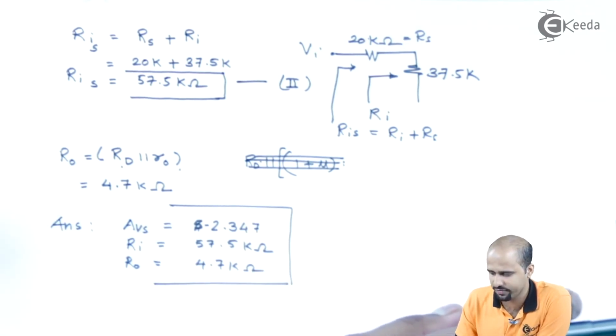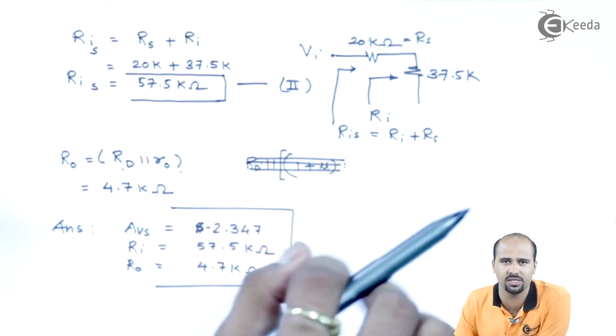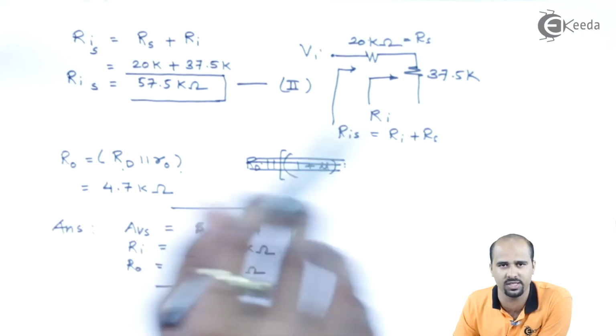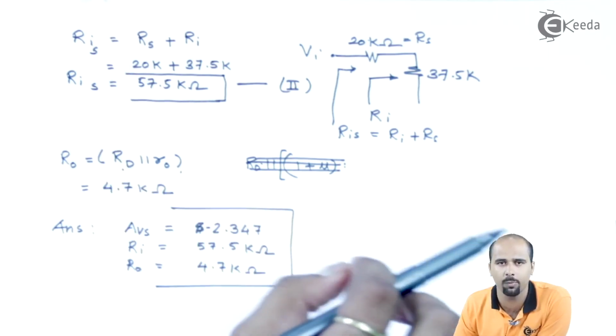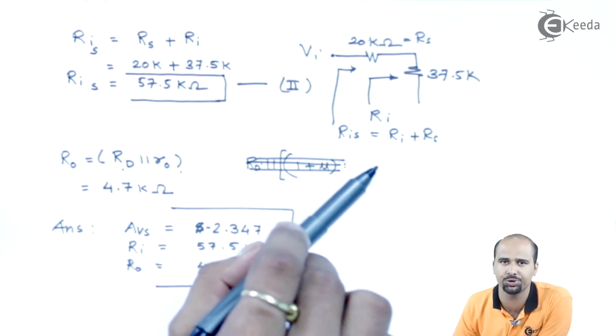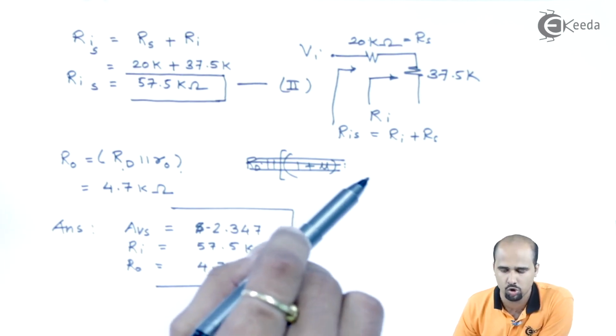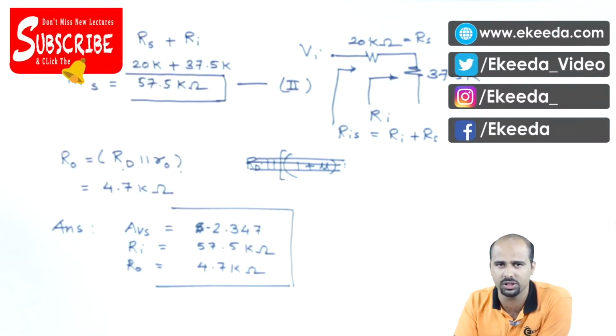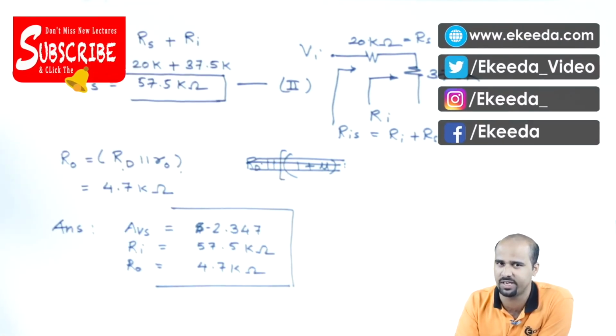So till now we have discussed the partially bypassed circuit, where we have to incorporate a different value of Rs for DC as well as AC analysis, depending on which resistance is connected in parallel to the capacitor. In the next few videos we will learn more different examples of AC analysis of MOSFET, whether it is CG or CD. So stay tuned, learn more and more ADC from Ekeeda videos.